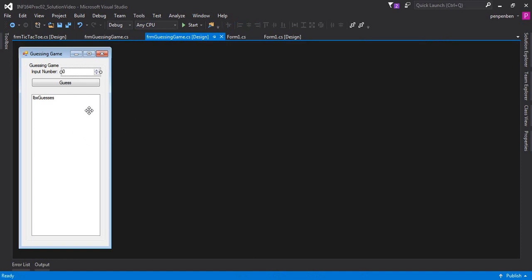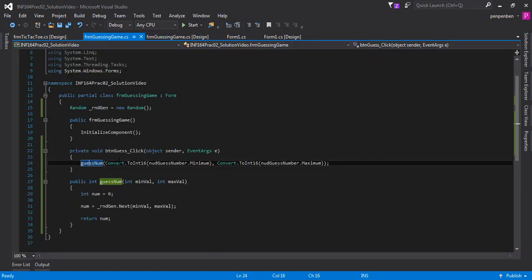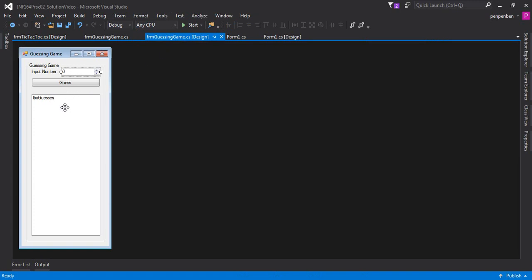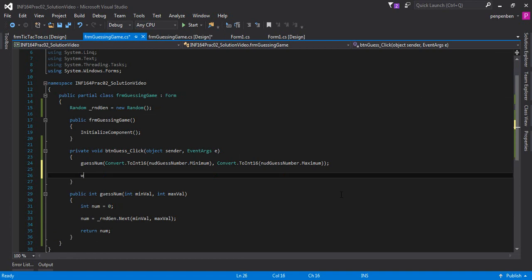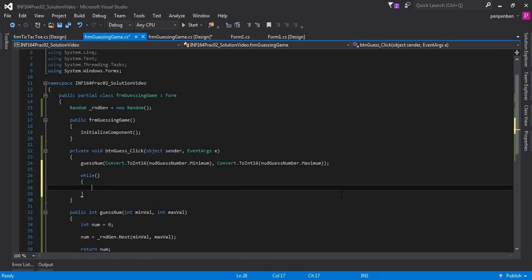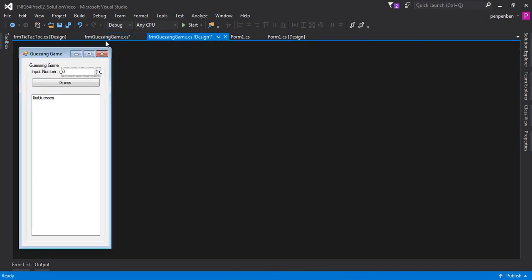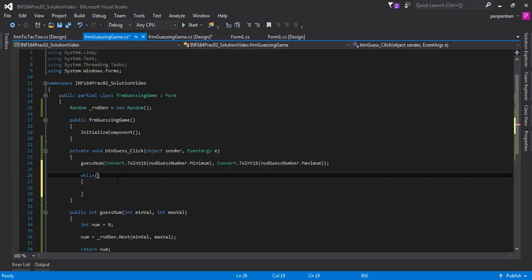So every time the computer guesses, we need to add that guess to the list box, as well as check whether it matches the user's number. So we're going to have to do this a bunch of times. We're then going to say while loop. We're using a while loop here because we don't know how many times we're going to have to randomly generate until it reaches whatever the user has input over there. So we're going to say while